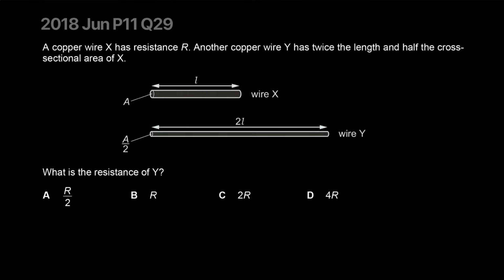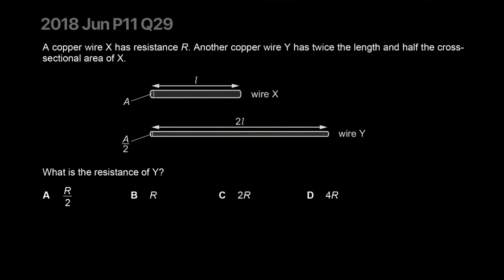A copper wire X has resistance R. Another copper wire Y has twice the length and half the cross-sectional area. What is the resistance of Y? A copper wire X has a resistance R. Another copper wire Y has twice the length and half the cross-sectional area of X. Okay, if this is R,